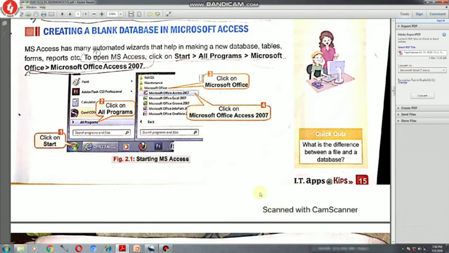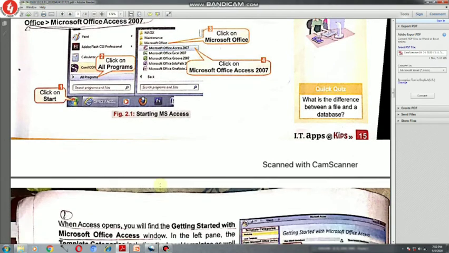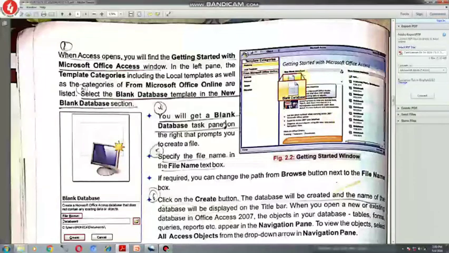Let's start. So students, let's see what is written in your book about creating a blank database in Access. To open MS Access, we have to follow these steps: click on Start, then All Programs, then Microsoft Office, and then click on Microsoft Office Access 2007. Once you click on it, you will get an introductory screen, which is given in figure 2.2.